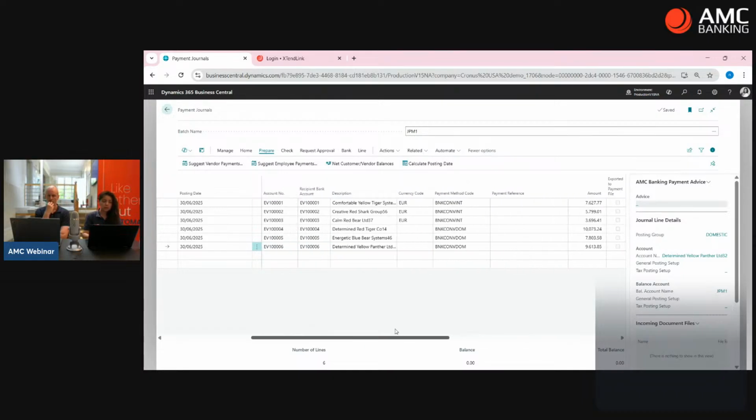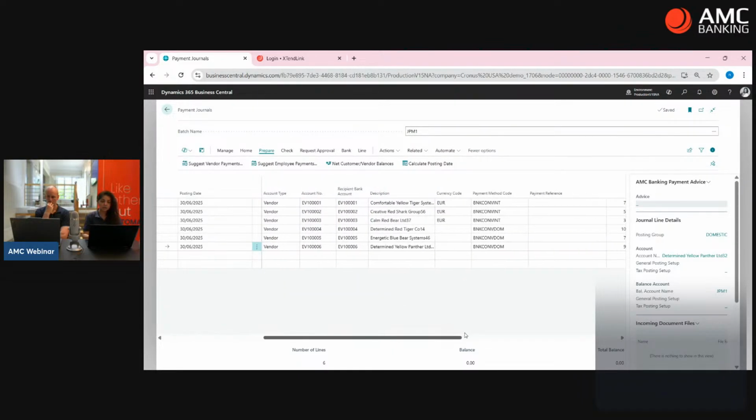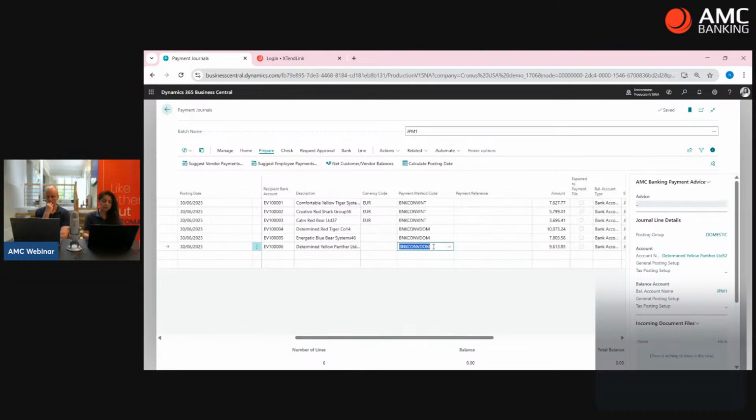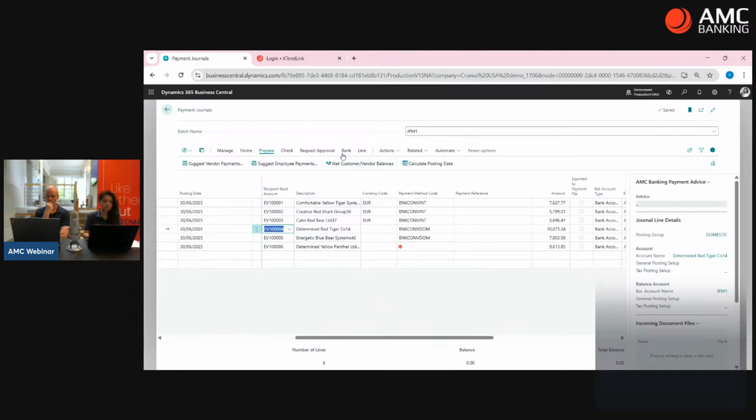But before I do it, I will, on purpose, for example, I will just delete this, and I will now try to generate my payment. I'll go here in bank, export,